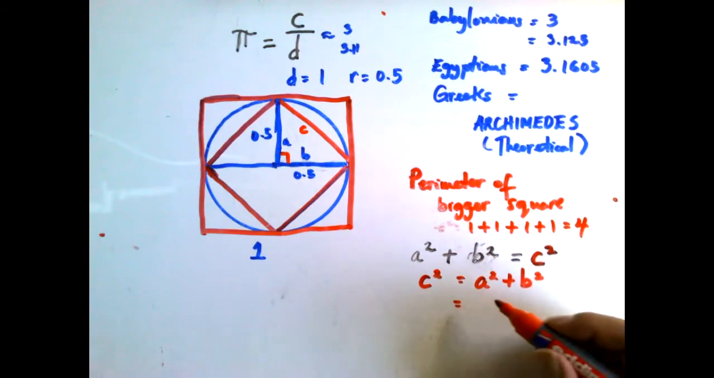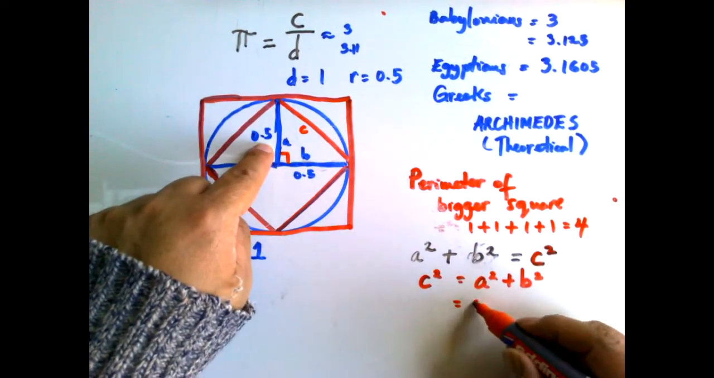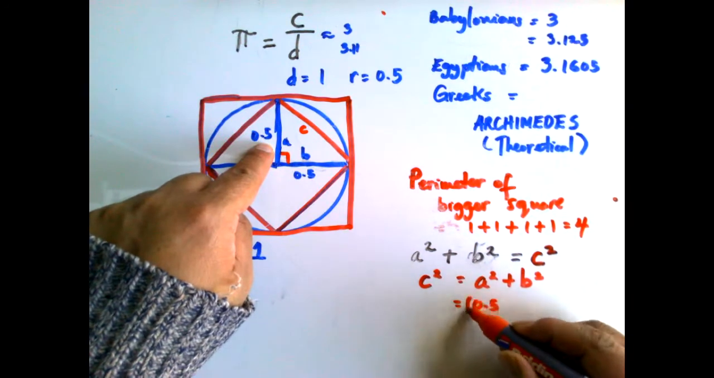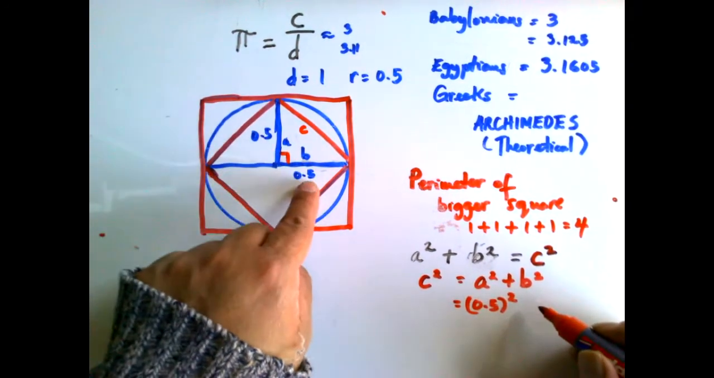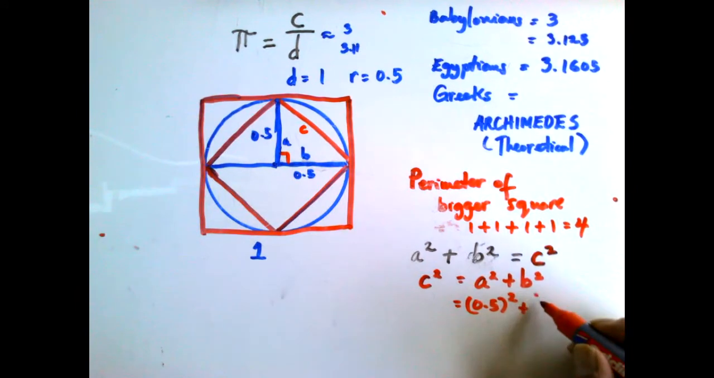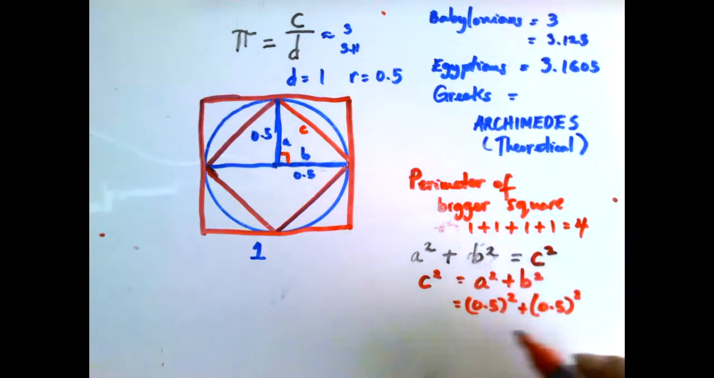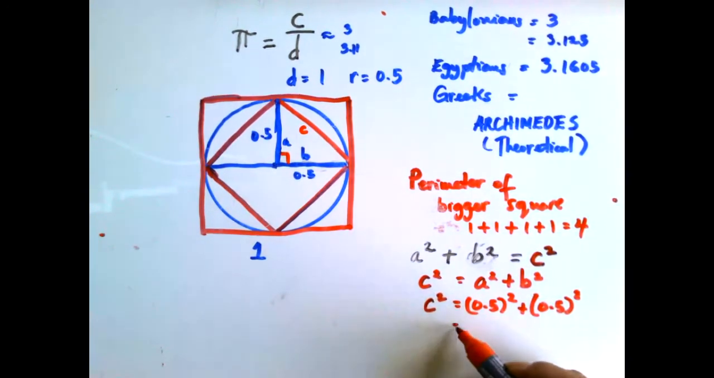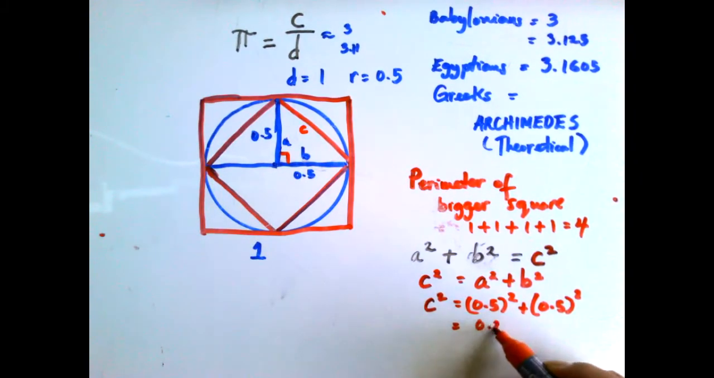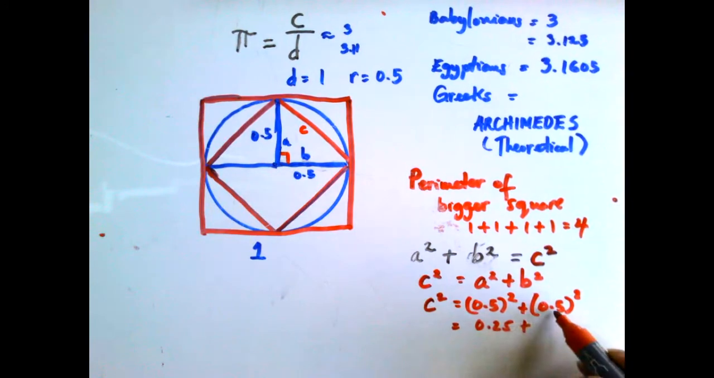And so we know what the value of a is, 0.5. And also we know the value of b, which is also 0.5. Of course, 0.5 times 0.5 is 0.25, plus 0.5 squared is the same. And you add them together, we have 0.5. So